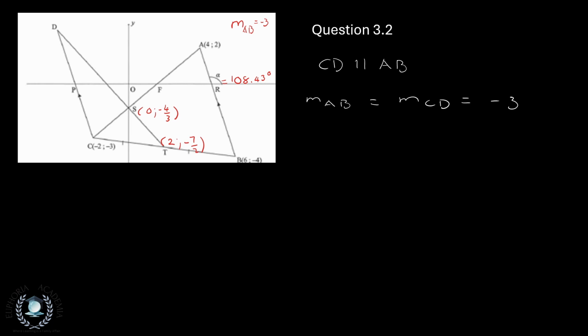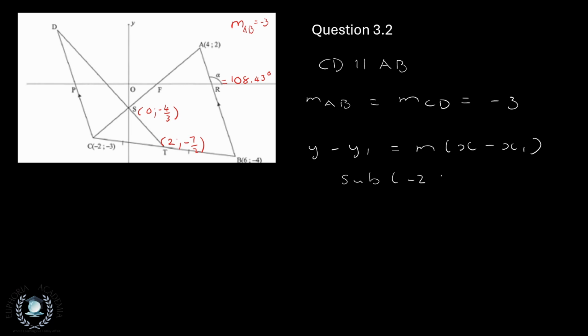All right, and we have a point for the line CD, and that point is C. So all we're going to do is just sub in C into the gradient point formula, right? Which is y minus y1 is equal to m(x minus x1),